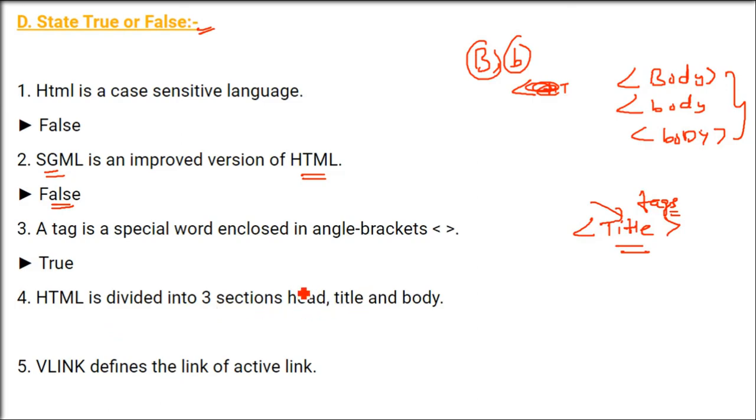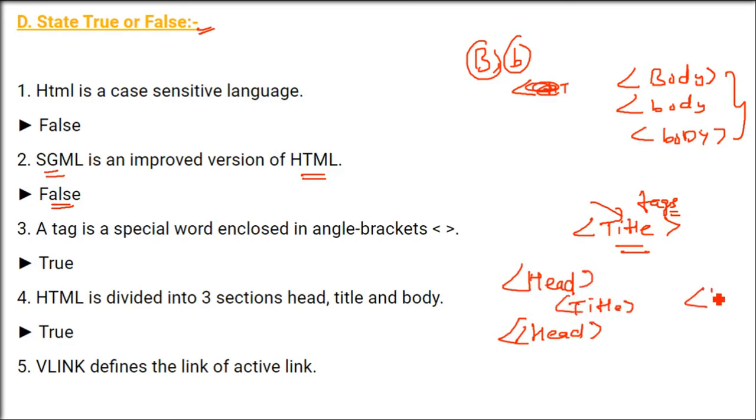HTML is divided into 3 sections: head, title, body. This is all right, because you start with HTML, and in this we have head. Inside this head you will give all the titles, etc., and your linking also will be given here. If you are linking some other page, all these things will be given here. So title is inside this head, and then you have a body, and this body will end.